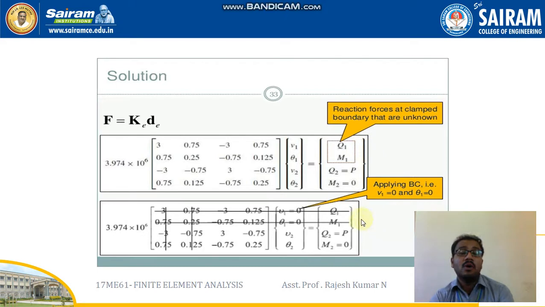Next is applying boundary conditions. Before solving the problem, we discussed that at node 1 there is no point load applied, so V1 equal to 0. Similarly, it is fixed, so theta 1 equal to 0. So eliminate the first row, first column, and second row, second column. The same elimination method process. I will be eliminating these, and